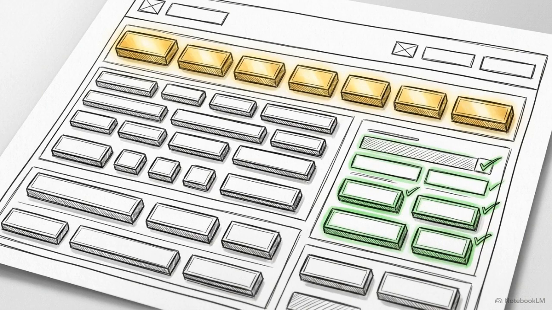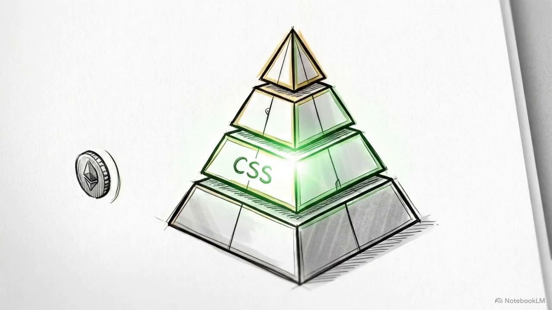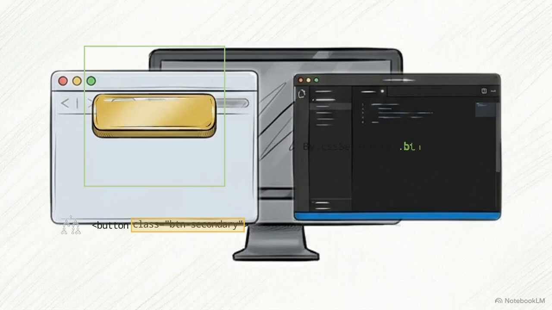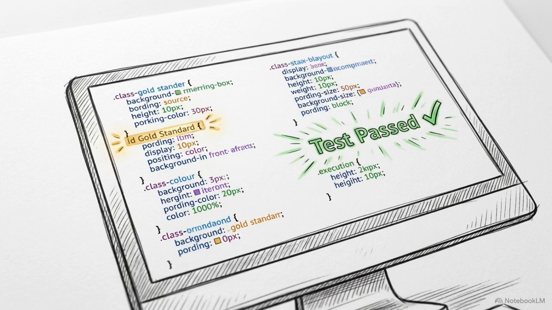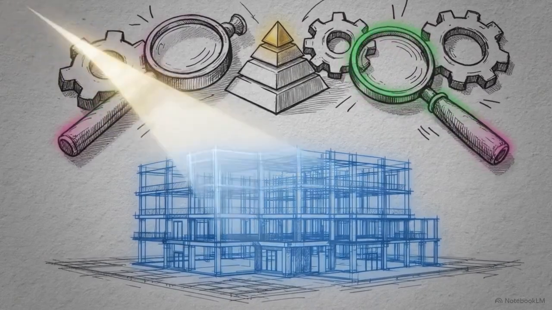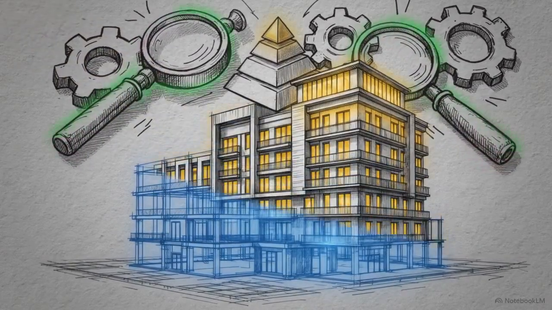Sometimes you need to interact with generic styled buttons or banners that lack both an ID and a name. That brings us to the third tier, CSS Selectors. Inspecting a secondary button element, it doesn't have an ID or name, but it has a CSS class. Class equals btn-secondary. To turn this into a CSS selector, we map it directly. We start with a dot, the standard CSS symbol for a class, then pass in .btn-secondary. CSS selectors give you an incredible amount of flexibility. When semantic identifiers like ID or name are entirely absent, you can still hook your automation into the underlying styling